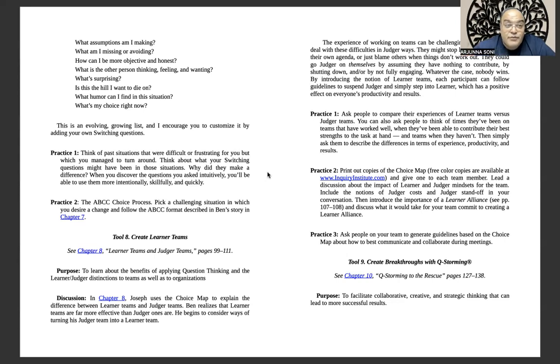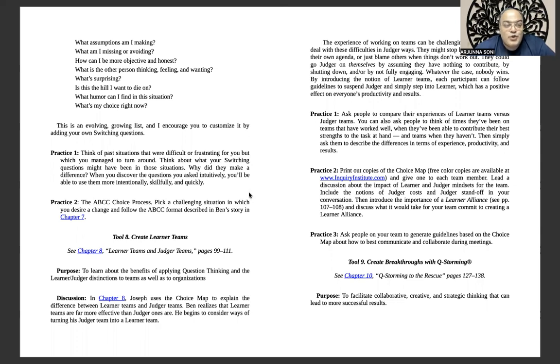If your agenda of a meeting can turn into learner questions, like what Saurabh was saying, that is how you create a breakthrough meeting and a breakthrough learner alliance team. So practice these 3 practices with your team.